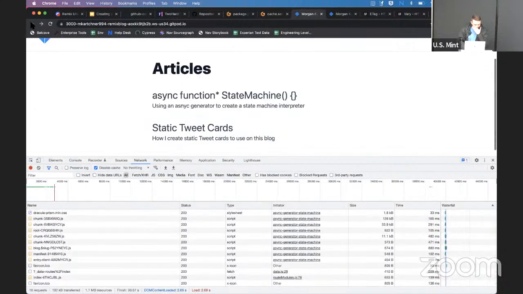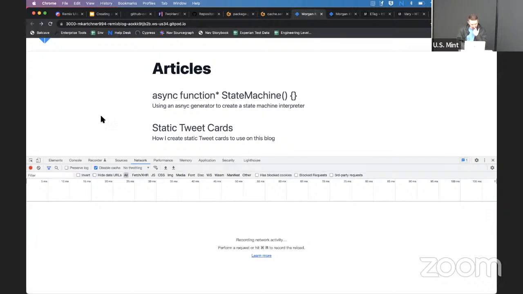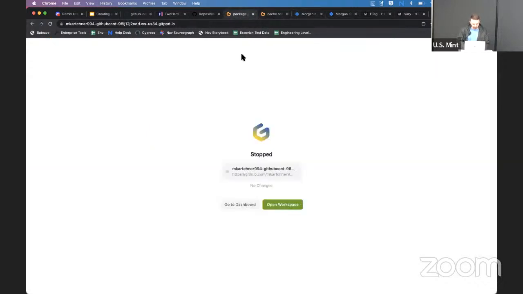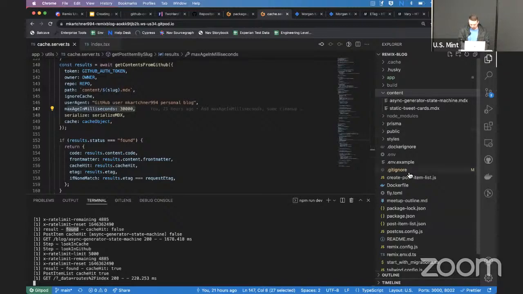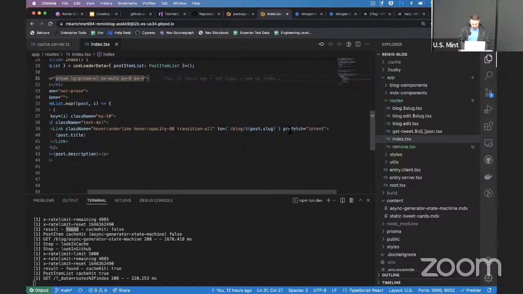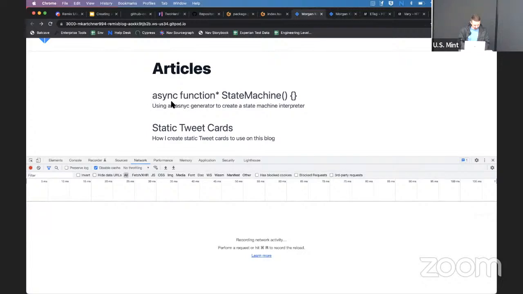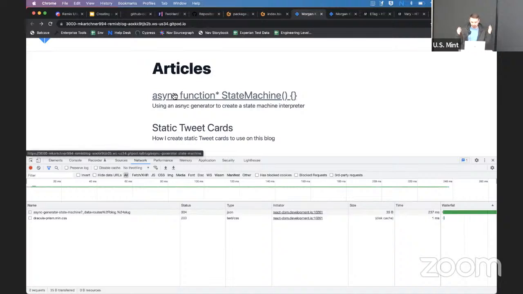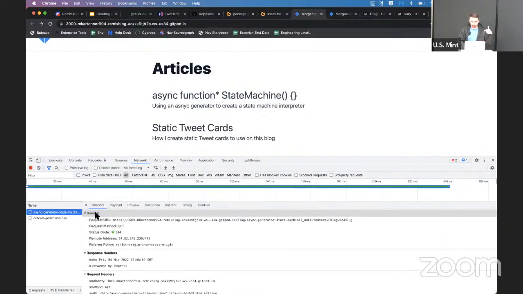So the other thing that makes Remix really great with this is the API for prefetch. So if we go look at the link tags, I have prefetch set to intent. So you can see, I'm going to disable, uncheck that real quick too. All right, as I hover over this link, it says, hey, this user is interested in this content, right? And it's going to go and prefetch that data, because Remix knows about your routes and it knows which loaders it cares about, and goes and prefetches that content.